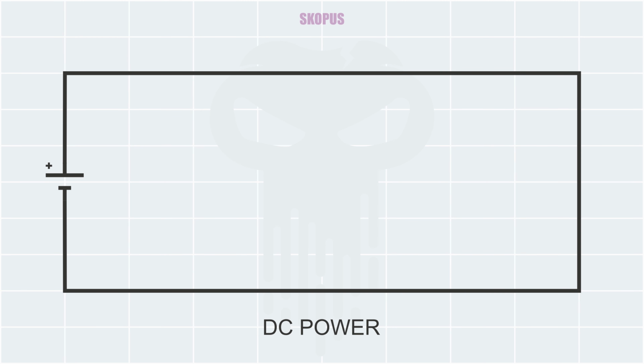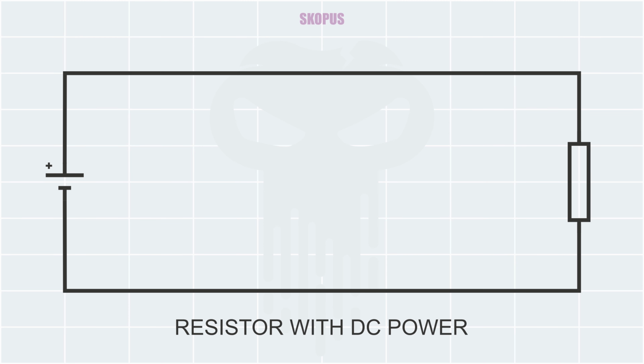Next step, we are going to talk about components, and while we are talking about components, we are going to use DC power for easier understanding of what's going to happen in our circuit with every component. So we consider the DC power and we add one component and examine the behavior of that component in our circuit. For the first component, we use a resistor. What happens if we connect a resistor to a DC power source? The current starts flowing from the positive side, goes through the resistor, and goes back to the negative side of our circuit. Some of the energy that we put in the circuit will be lost in our resistor.